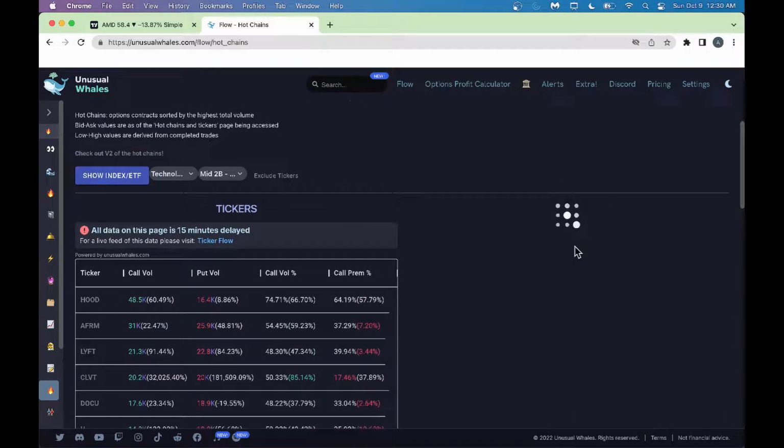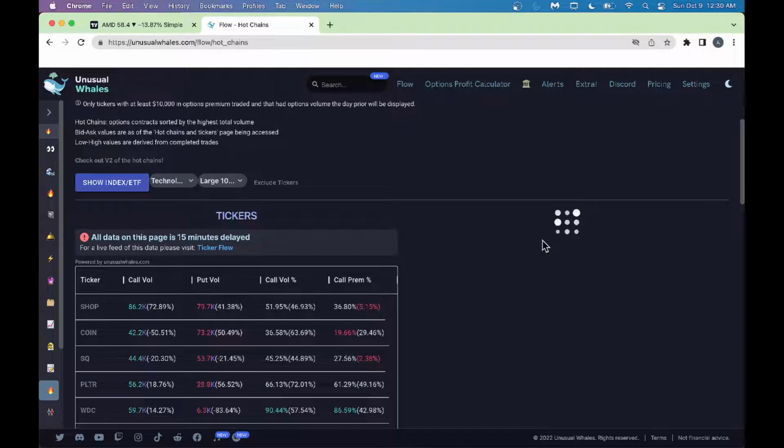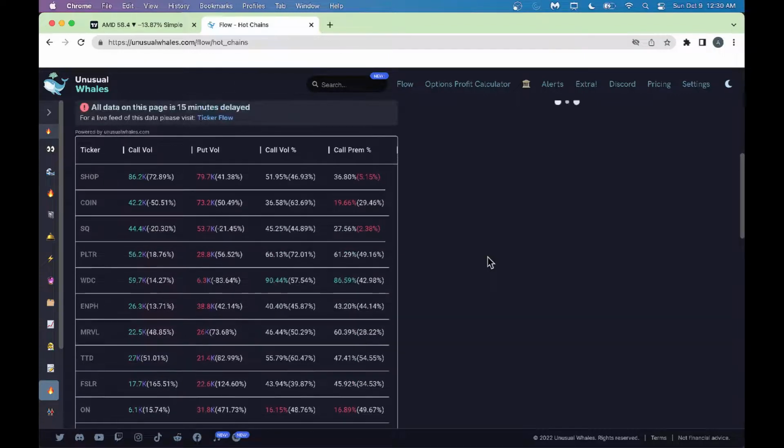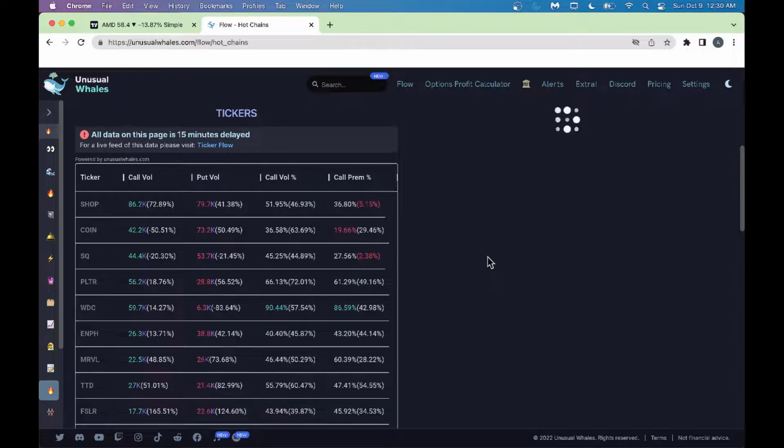Alright, that looks like it's taking a little bit of time here, because on the mid cap, as many of you know here, there are not too many active chains here. Let's go back to the big cap or even large cap for that matter. You might get some data, and it may be a little bit slow because it's night time right now. These guys might be crunching some data to get us ready for Monday. Alright, that's about the hot chain and ticker here. I like this tool here. Just by looking at this, you can understand what the hot chain and ticker